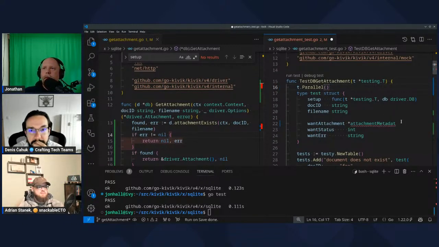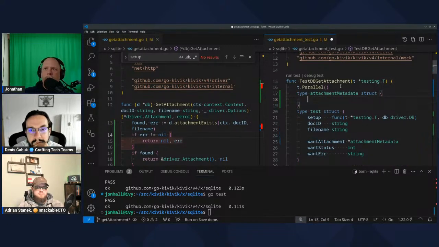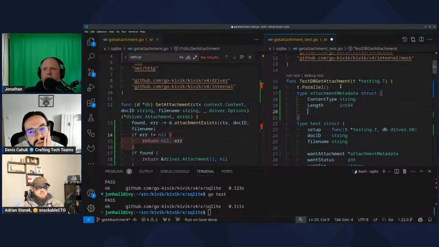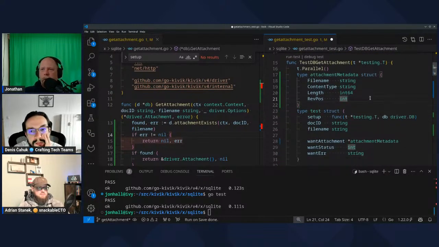No, you clicked too early. Your system still lagging? Content type makes sense. Length, yeah. I don't know if we care about that for the test purposes, but it's probably useful. For metadata, we do want file name. Yeah, I think file name, content type, revision maybe? The document? Yeah, that's useful. That's probably good enough. At least to start with, we can always modify it.